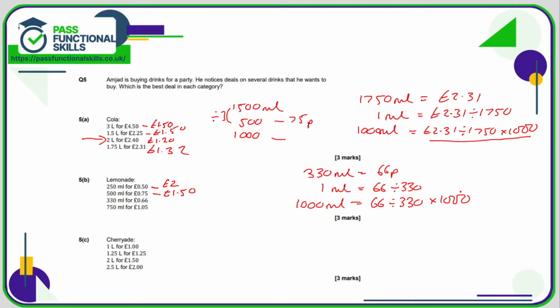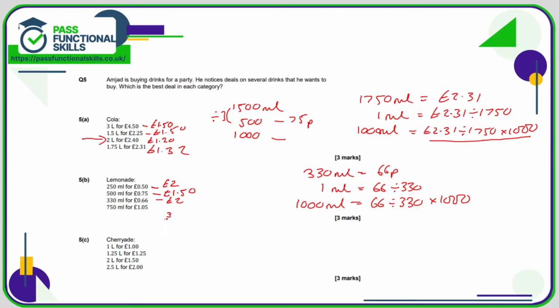And that comes to a total of, let me just work that out very quickly, 660 divided by 330 is 0.2 times by 1,000 comes to 200 pence, so that is £2 as well. And for B, 750 millilitres, well, this is 3/4 of a litre. So one way of working this one out, you could use a similar technique to my 330 millilitres there,